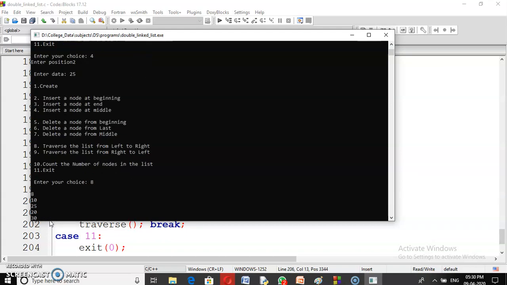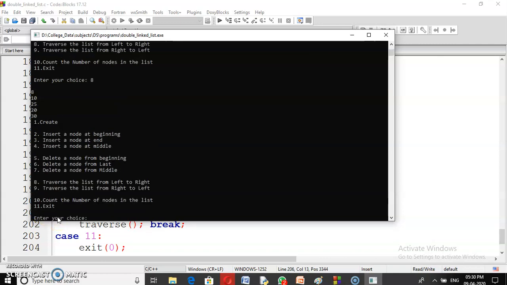At position 2, the node is added as 25. After 1, 2, it added a value, so the new node is added after the second position. Or it may be treated as 0, 1, 2; at position 2, the new value is added.